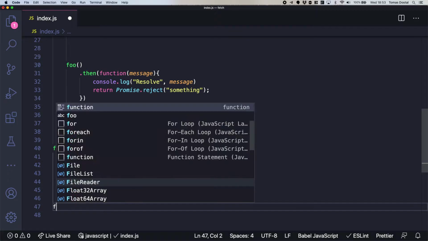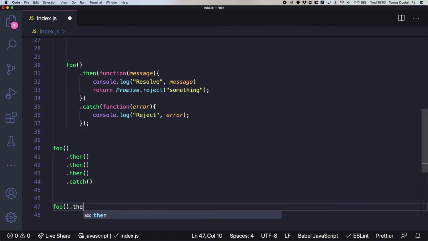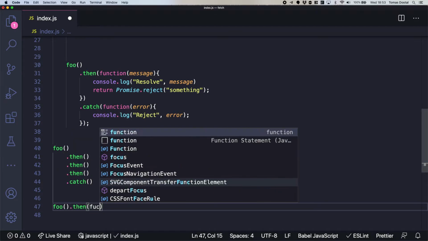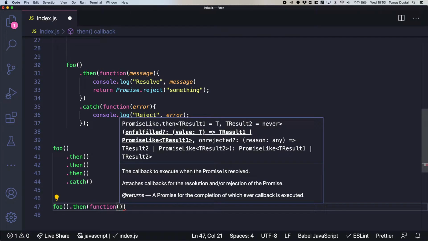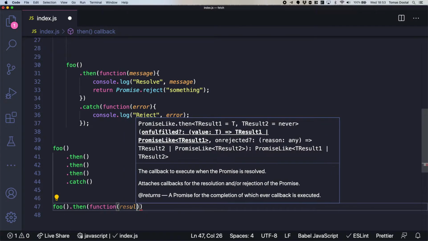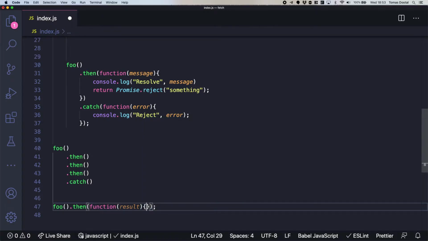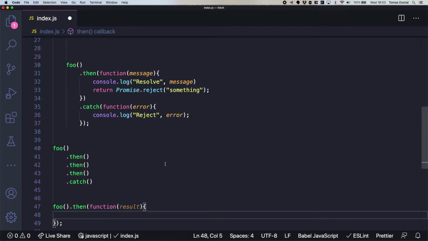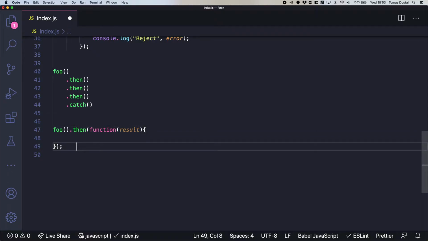So you could have foo, then, and then you would have your result, right? And then in here you would have your error as well.